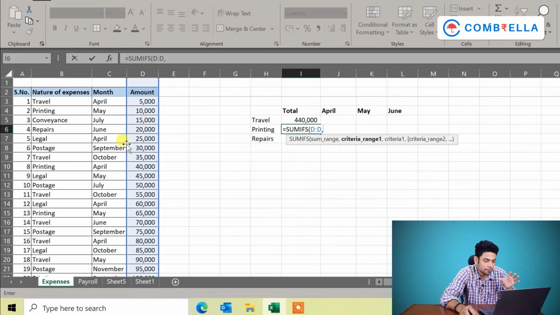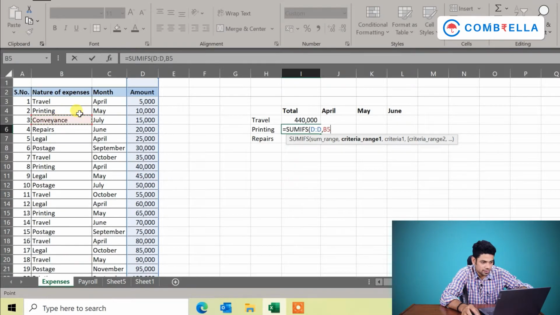Then here it is criteria range 1. This is the column based on which you need to do the sum total. In our case, we need a sum total of the expenses, and expenses is in which column? Column B, right?